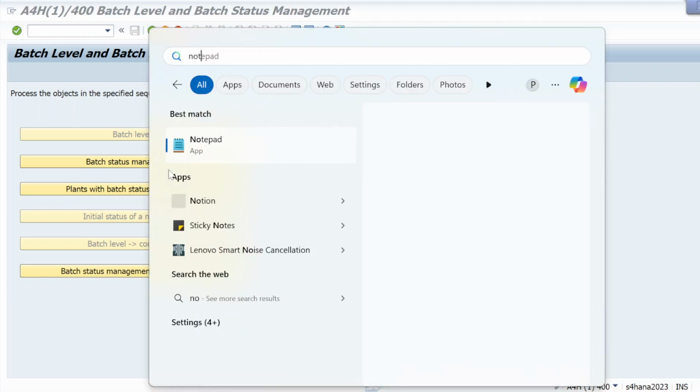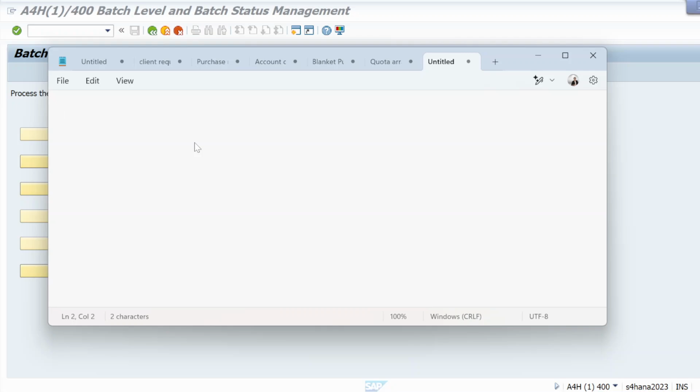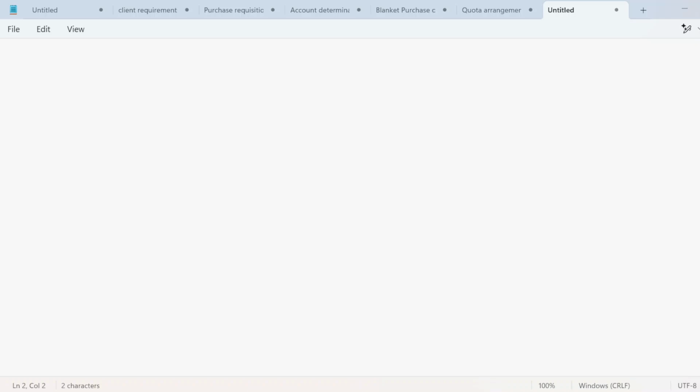So let me open Notepad. We will see the batch management configuration. In step 1, we will configure batch number assignment.